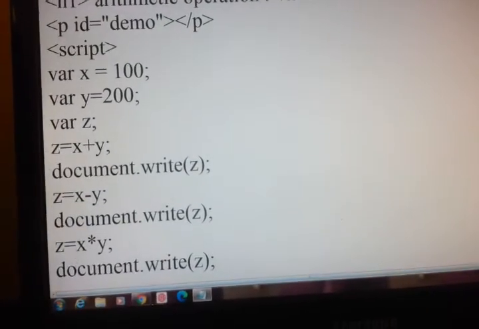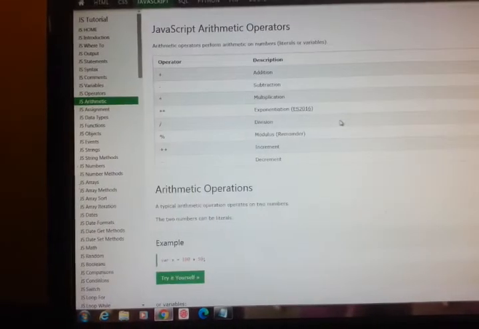And what are all the different arithmetic operations we are having?